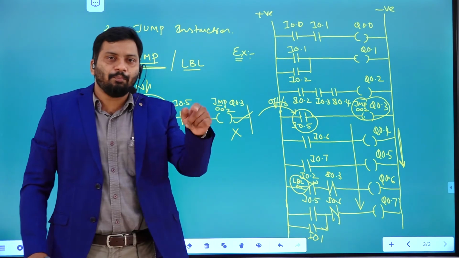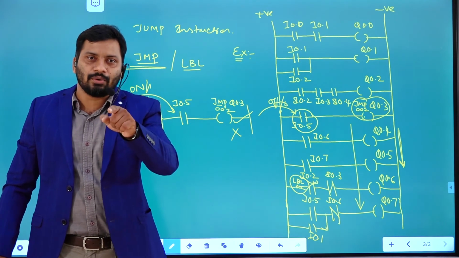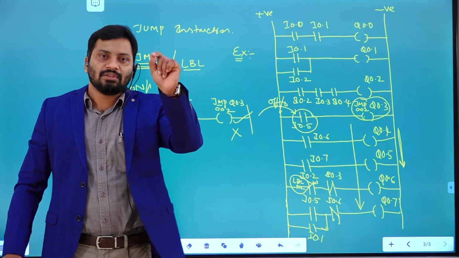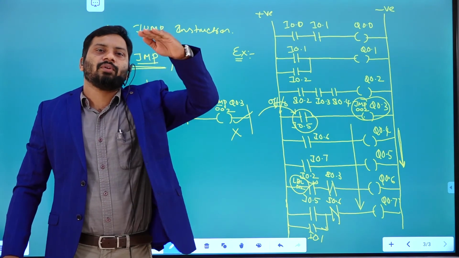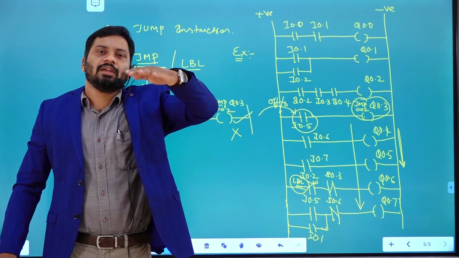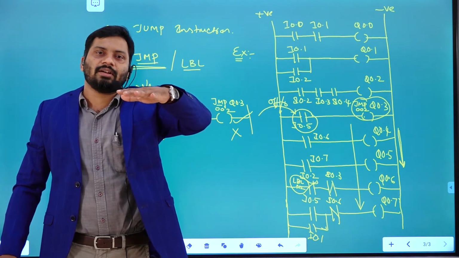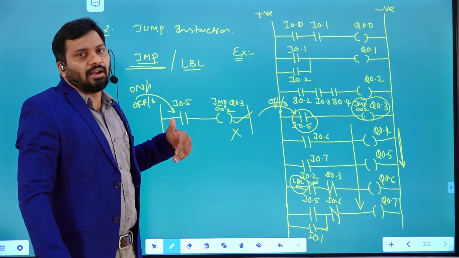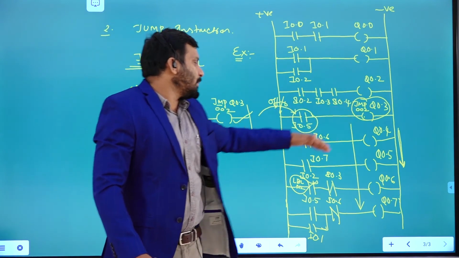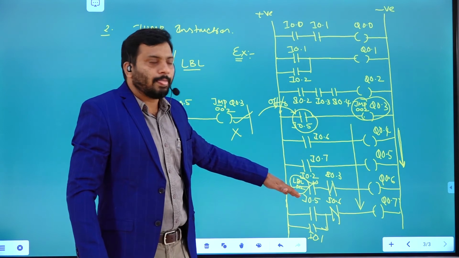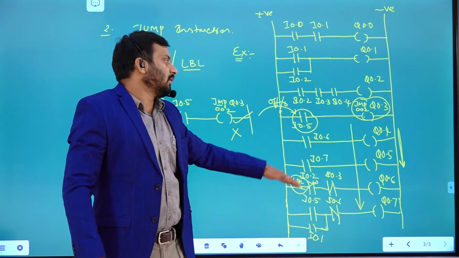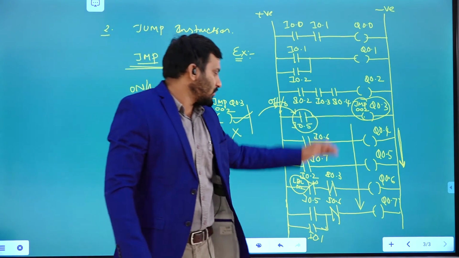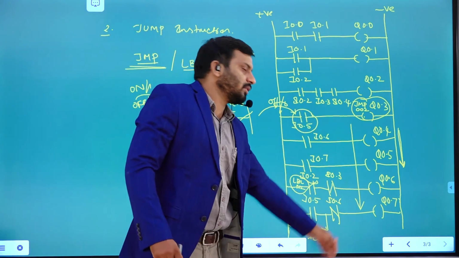So, jump if carry or jump if not zero, right? You have studied in the microprocessor, if by the execution of the previous instruction the zero flag is activated, jump to the particular address. Like that here also, it jumps to this particular address labeled here if this particular input is high. Otherwise it's not going to jump, it keeps on executing the program.